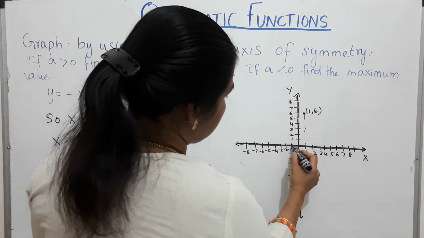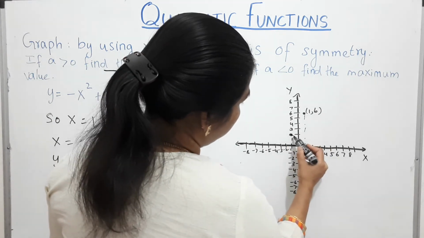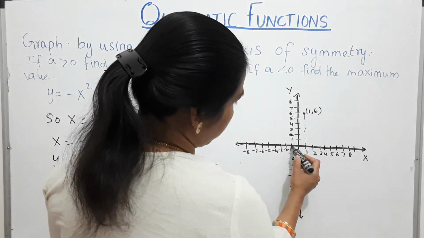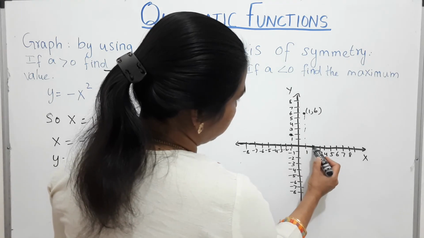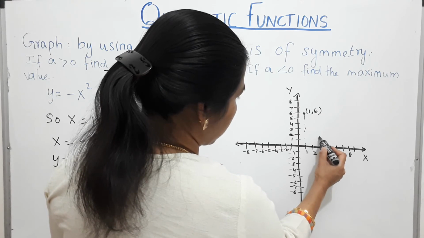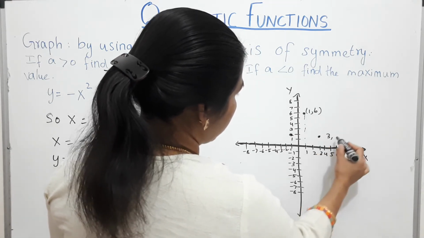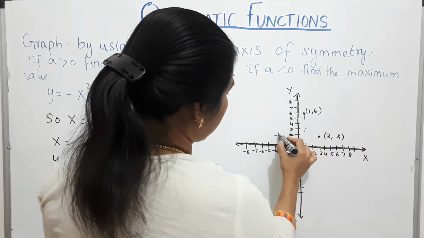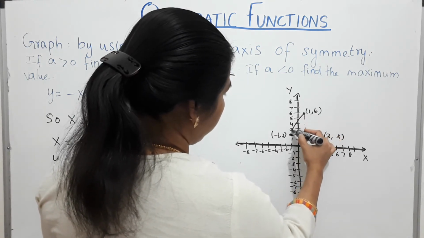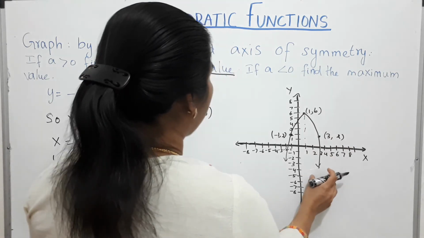So negative 1 and 2 will be here. And now you can choose the reflection here. This is 1. So 2 points you have moved and you found this point. And you have to move 2 points in here. So you can plot the same point in here; the reflected point will be 3 and 2. This will be minus 1 and 2. So now you have 3 points. You can draw the graph. Okay, so the graphing part is finished.